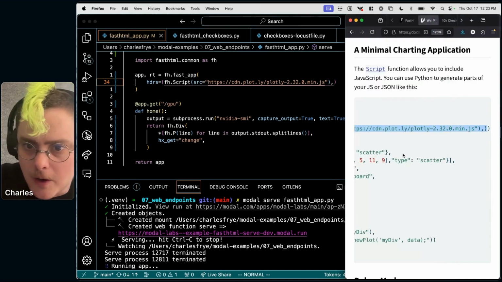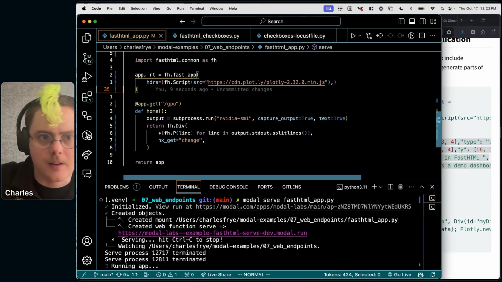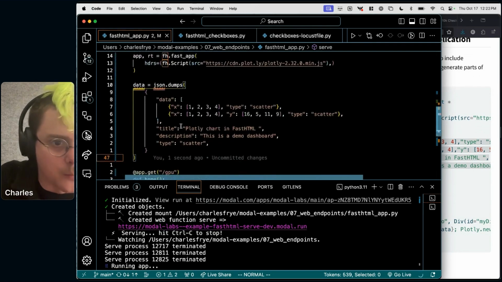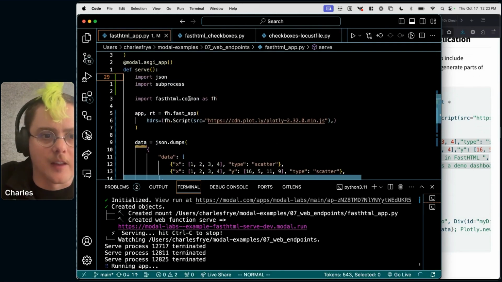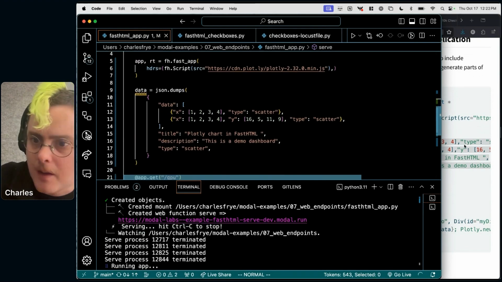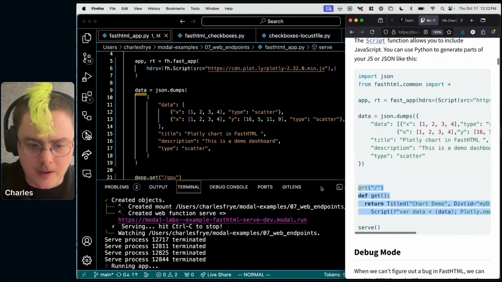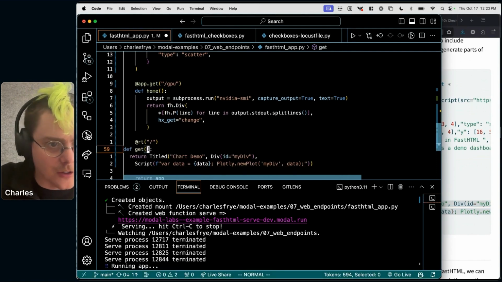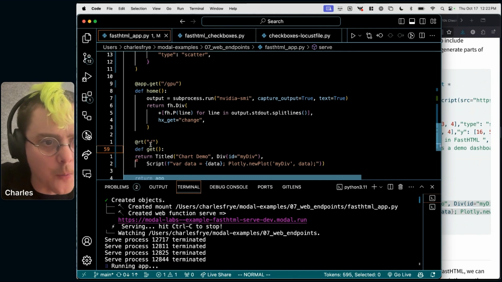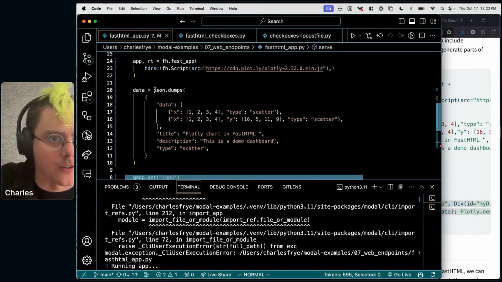And what else are we doing here? We've got data. So this is what we're gonna put in our chart. Let's bring in some JSON, or the JSON library to handle that, and make ourselves a little charting route. Copy their route here. There's actually two ways you can set up routes. The preferred way, I think, for them to set up routes is this pattern here, where you have this RT